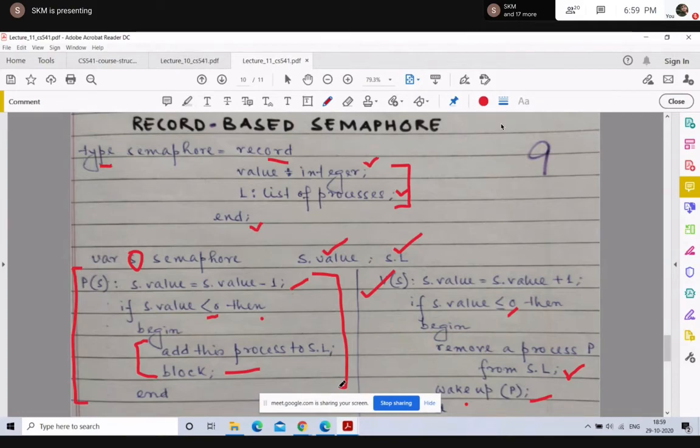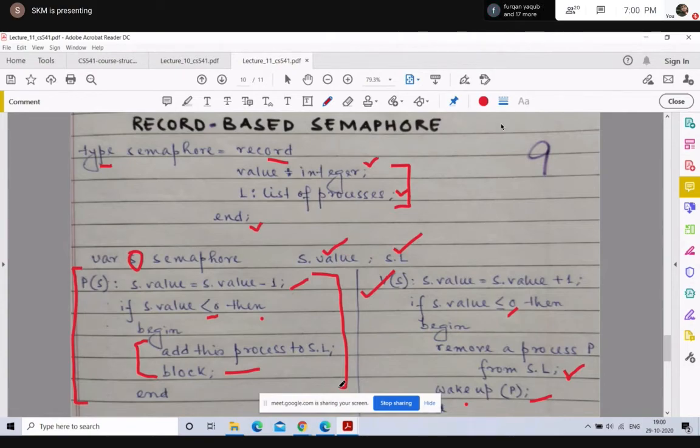For a binary semaphore, the maximum of s dot value will be 1. In the case of a counting semaphore, the maximum of s dot value will be equal to the total number of resources. So if the number of resources is 3 for your machine, then s dot value can be initialized to 3, so it can handle 3 processes at a time. That is the basic idea.